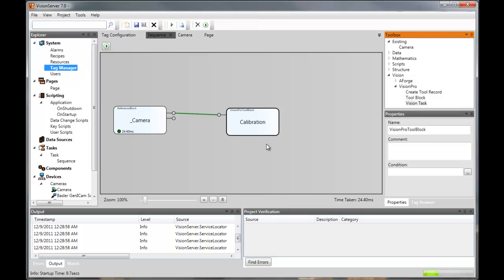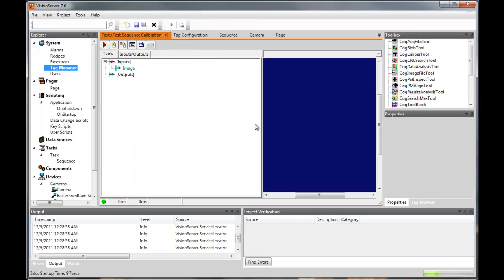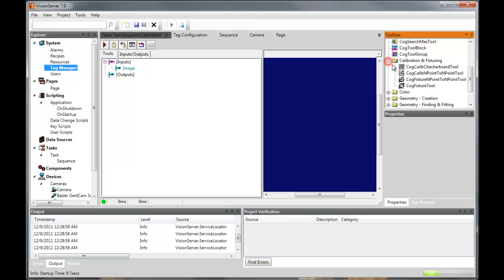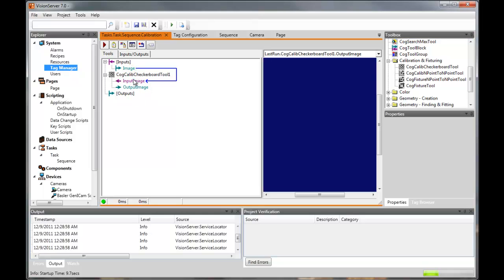By double clicking on this block, we open the Cognex toolblock editor. This editor should be familiar to any user of the quick build environment, and we use it in the same way. We have our VisionPro toolbox over here on the right, and let's go ahead and add a checkerboard calibration tool. So add it in. I'll link in the input image, and all we're going to do is run the calibration. So let's link and set the output